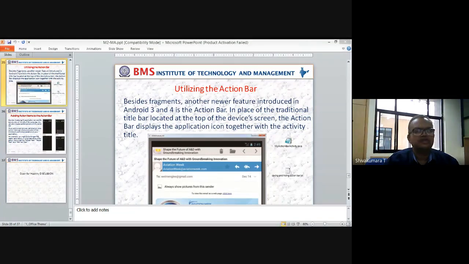And also we have seen the checkbox view. From the available list of options, you can select one or more than one option using the checkbox. And also we have seen the list view option. You can create an array of list items and get it displayed with the help of the array adapter class. And also we have seen the button type, a simple button, as well as the image button type.